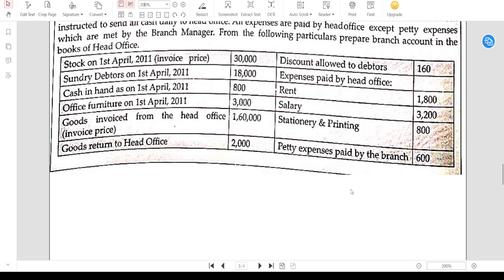Okay, so let's do the question. It is a very simple thing, we need to prepare the branch account, but remember, before preparing this branch account, some things are very important. Remember, we need to prepare the debtor account, because see,